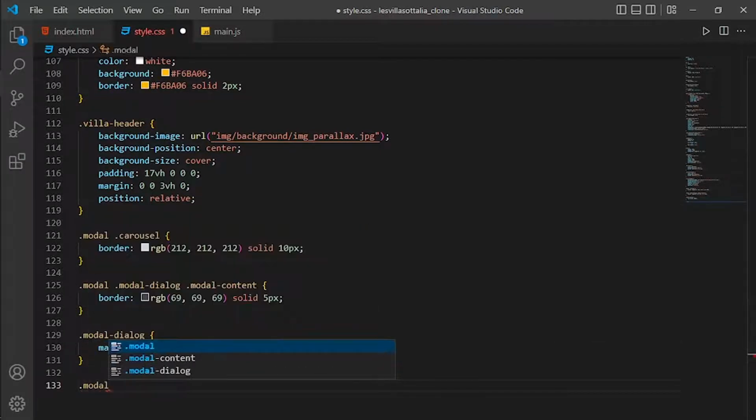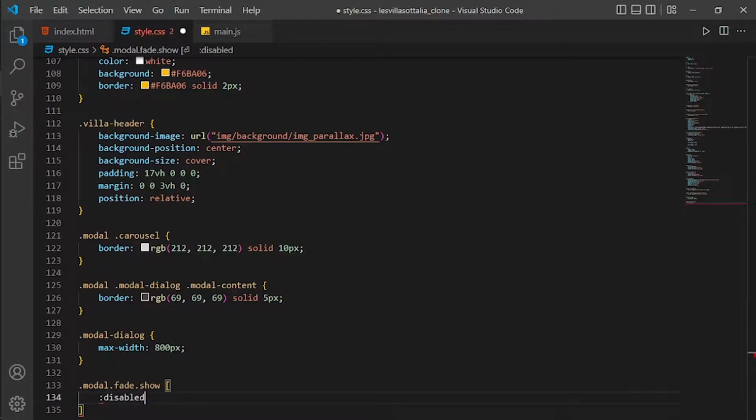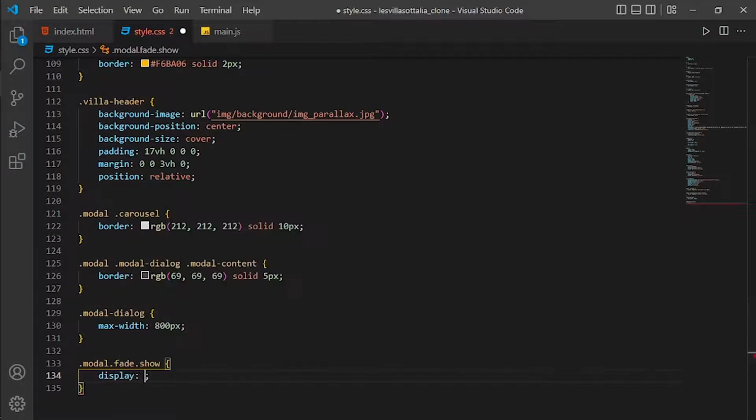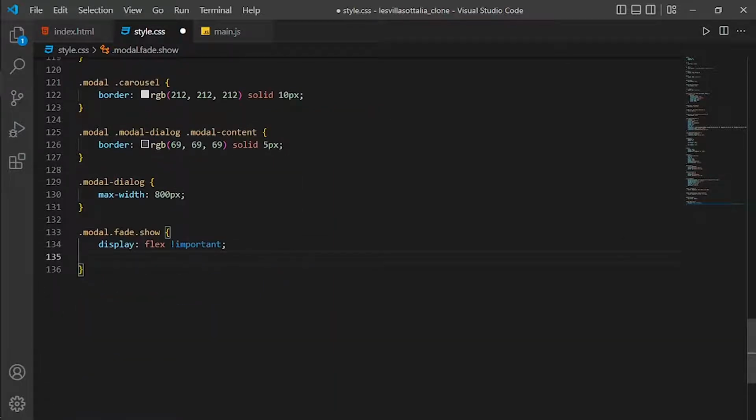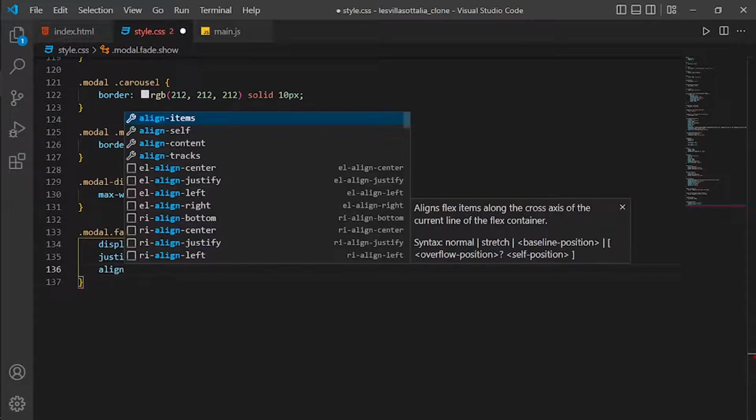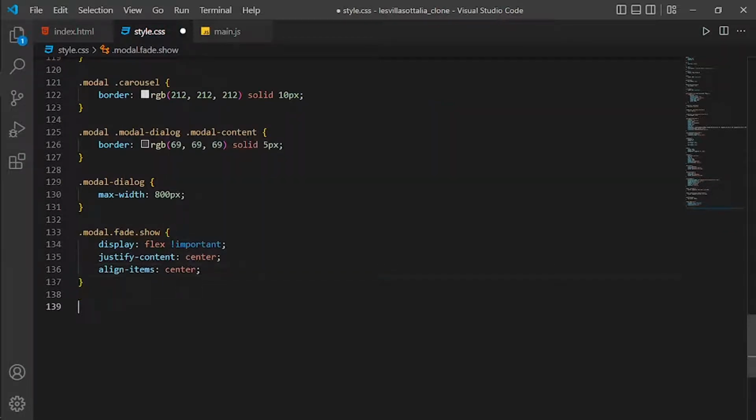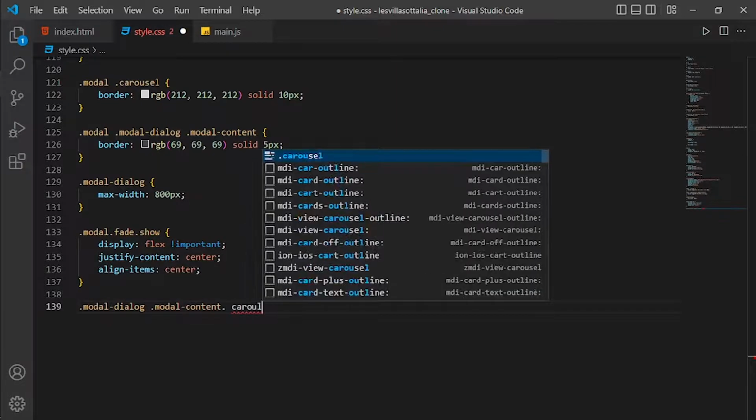And model fade show display. Display is equal to flex, and this one is important, so this style is not going to be replaced by some other style. Justify content center, align items center, and then we'll have model dialog dot model content dot carousel